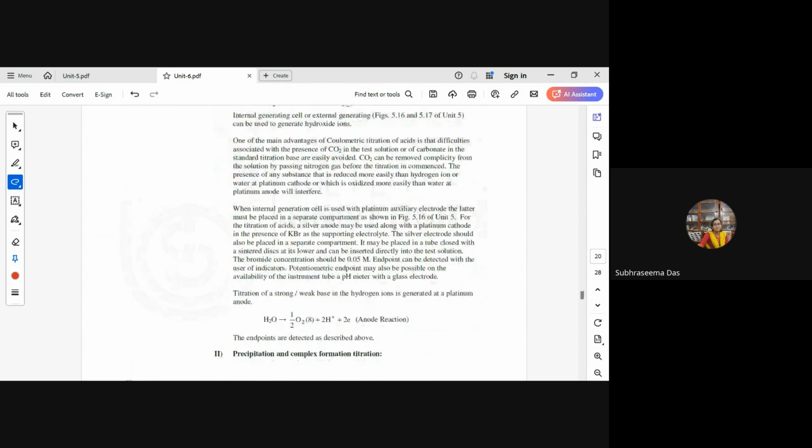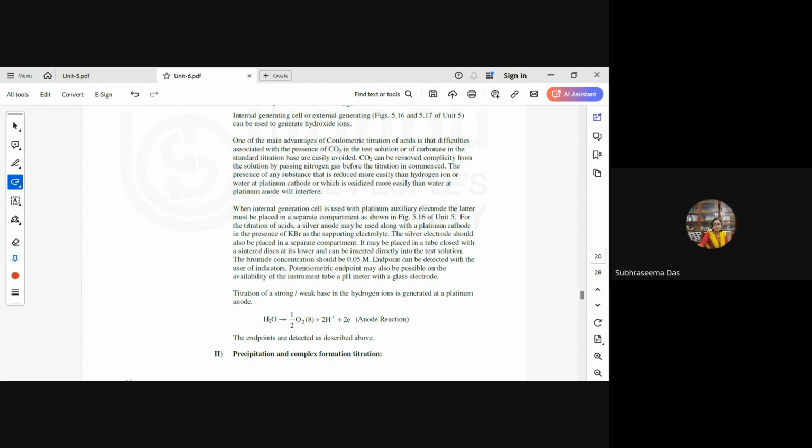One of the main advantages of coulometric titration of acids is that difficulties associated with the presence of carbon dioxide in the solution are easily avoided. The carbon dioxide is removed by passing vacuum or nitrogen gas, which removes traces of carbon dioxide from the system. The presence of any substance that is reduced more easily than hydrogen ion or water, or oxidized more easily than water, will interfere. The avoidance of this interference is one of the main advantages of